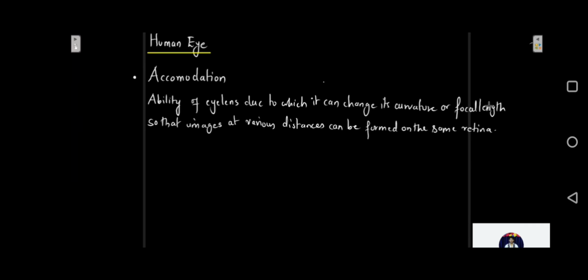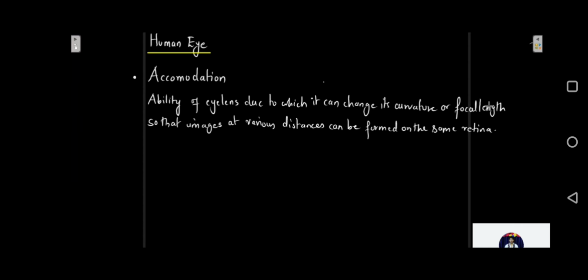So accommodation is the ability of changing the focal length of the eye, that is basically the lens of the eye, or the curvature, okay. So how is this changed? This is changed by adjusting the ciliary muscles. The ciliary muscles will be adjusted automatically so that the focal length of the eye lens is adjusted, okay. Accordingly, the image of any object, may it be lying at infinity, may it be lying near to your eye, will be formed on the retina, okay. By the adjustment of these ciliary muscles, the focal length of the eye lens is going to be changed.